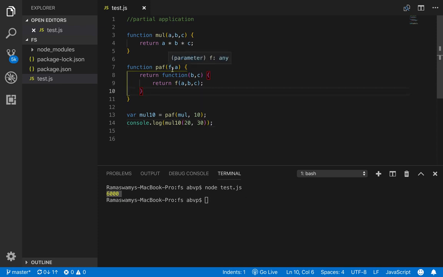Now with this, very well we can also have two arguments here. So f comma a comma b.